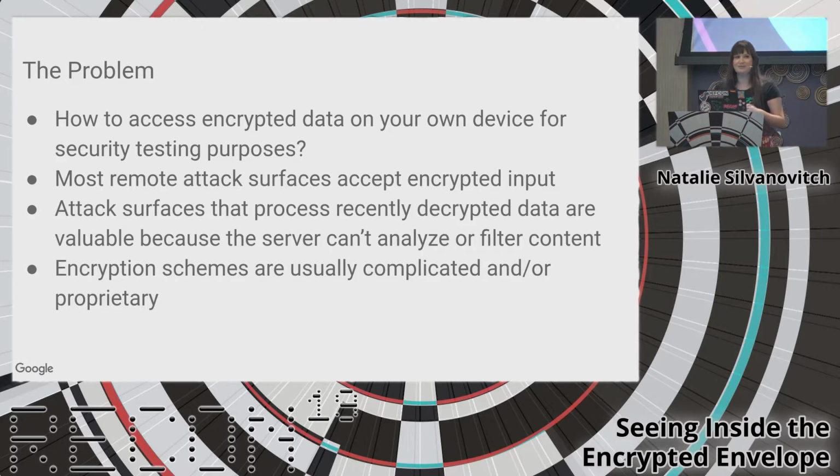If you think you have a bug and you want to send something inside the encryption to your target, how do you do that? And let's say you don't know how to find a bug and you want to see what that unencrypted protocol looks like. How do you do that? And I think this is important because these days, most remote attack surfaces accept